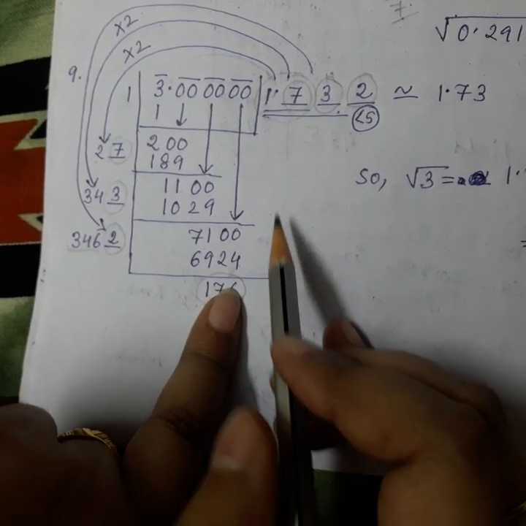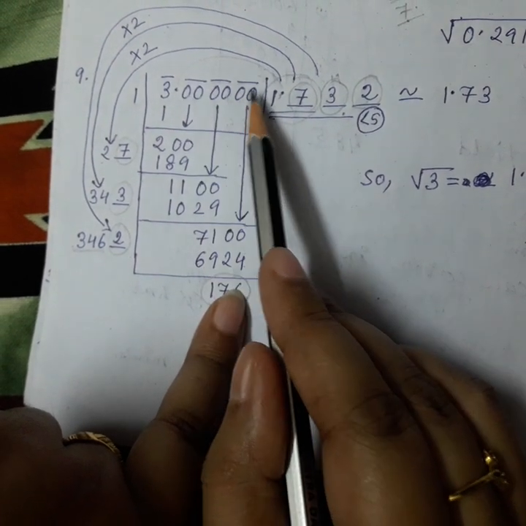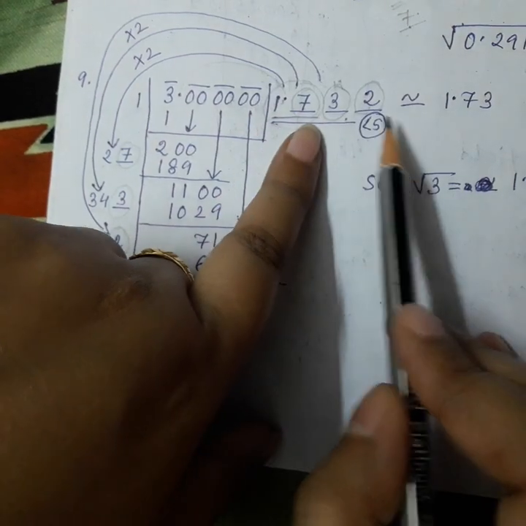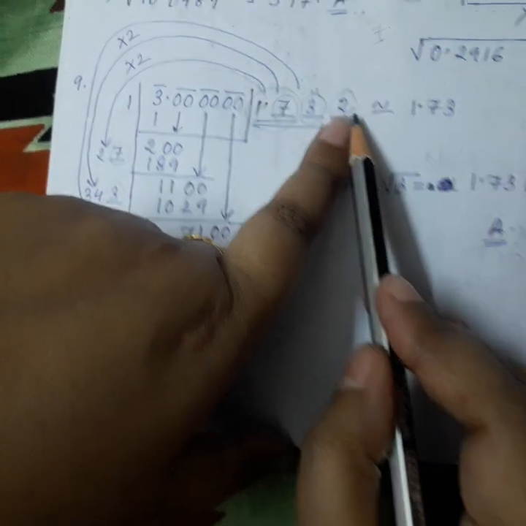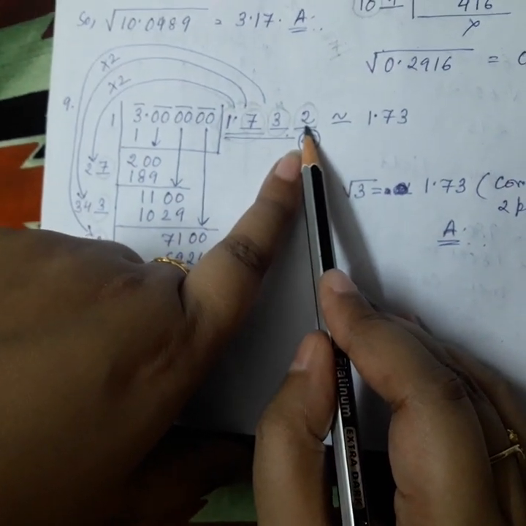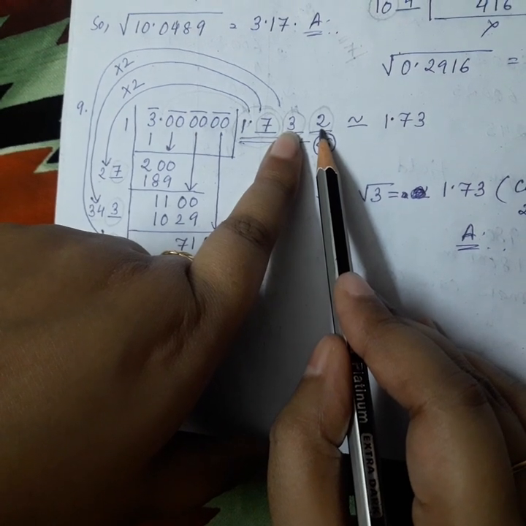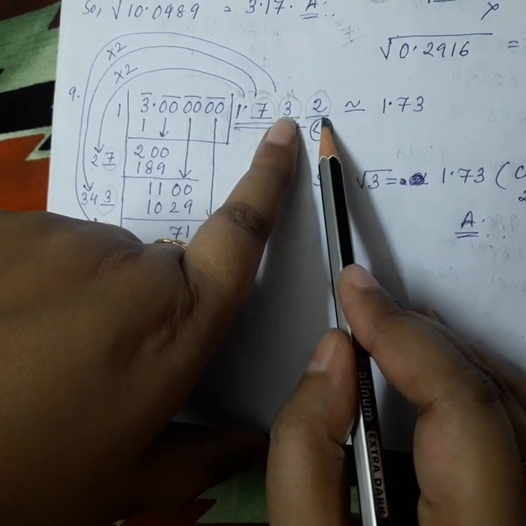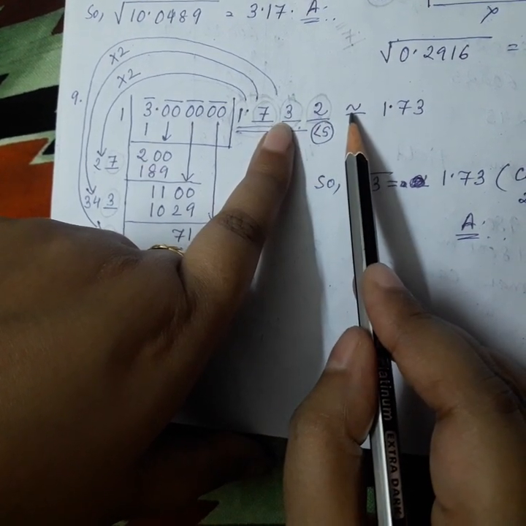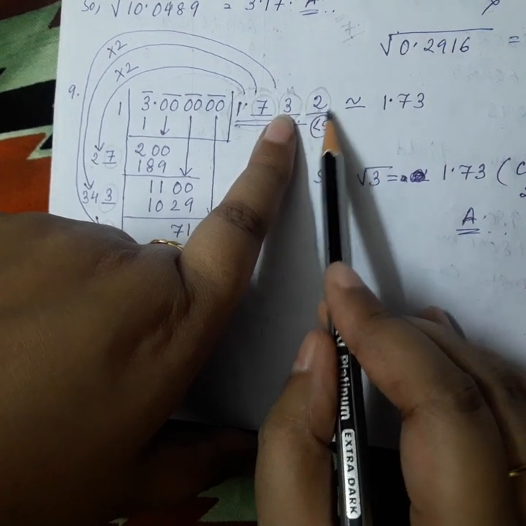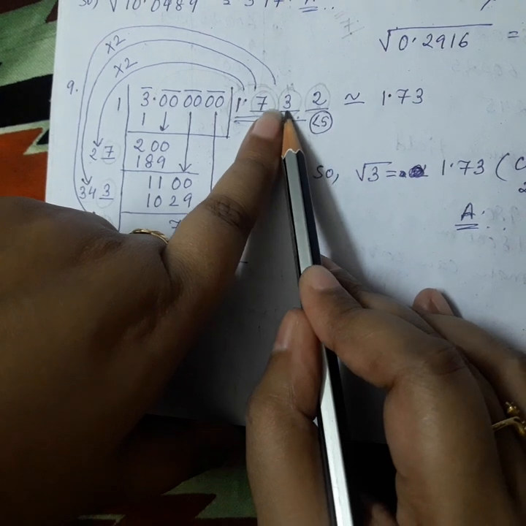Here 2 places of decimals means after the point you have to keep 3 digits, and here you have to take 3 pairs of zeros. Now see that here 2 is there. So when the third digit is less than 5, we keep the previous digit the same when we convert to approximate. So how will we do it? This is less than 5. So what do we have to do? Less than 5 means that number will be the same.